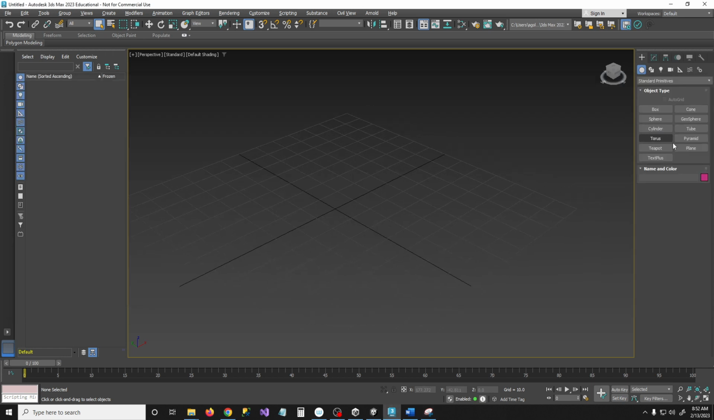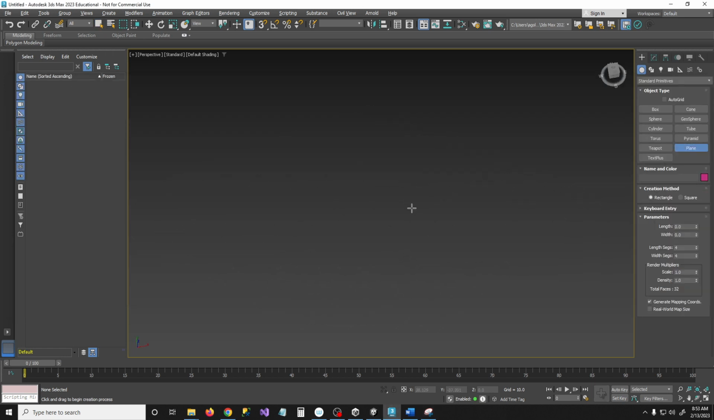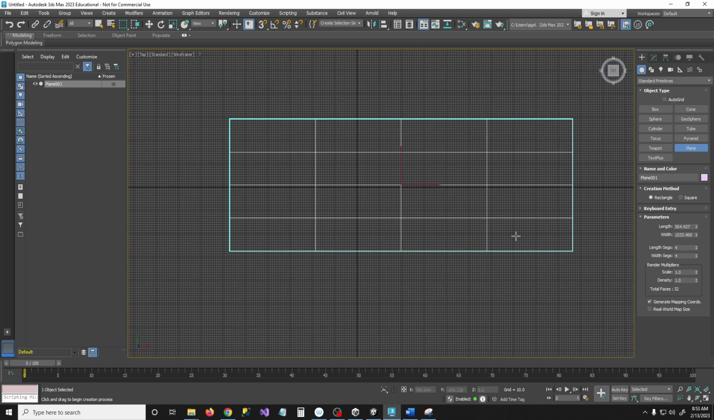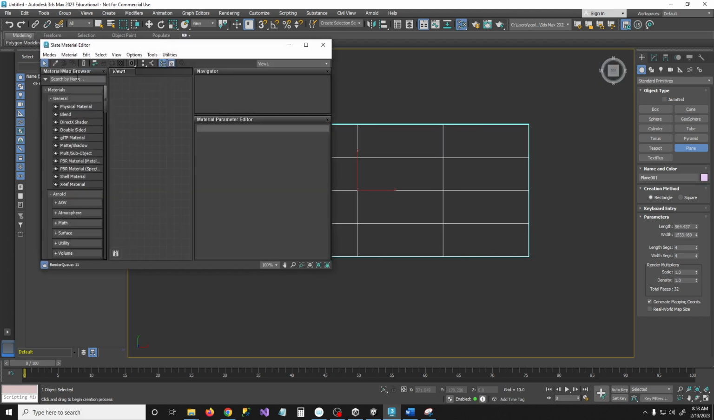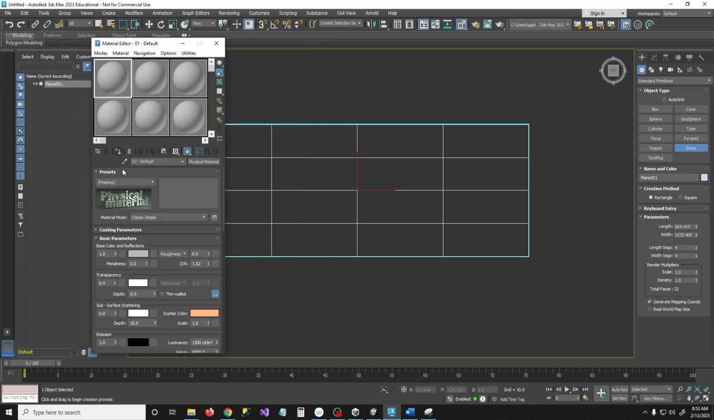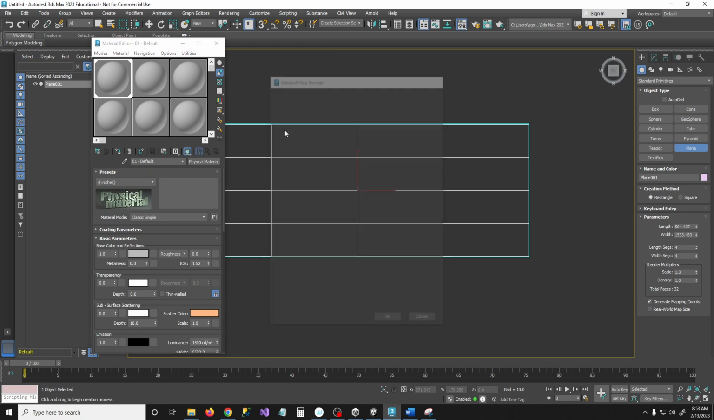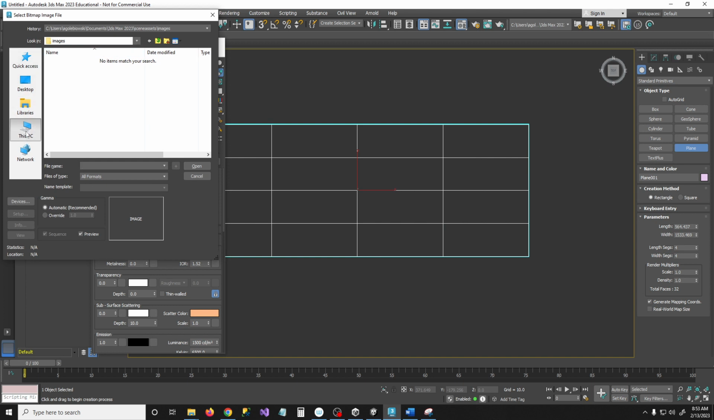So I'm going to open up 3D Max here. I'm going to put down just a plane, and I'm going to put a texture on there. I'm going to use my compact one because I'm old. Put the texture in here. I took a little screenshot and